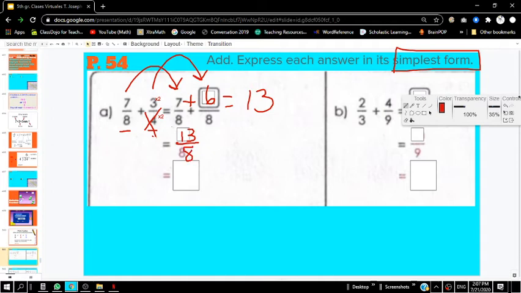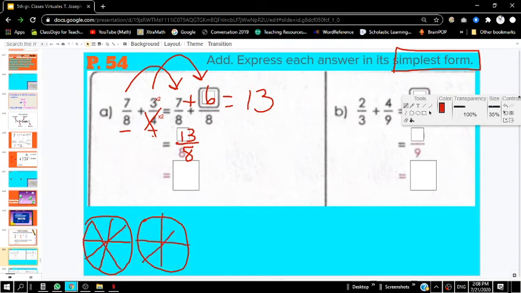So if 13/8 isn't the simplest form, what do we need to do to get it to be as simple as possible? Well, let me actually draw a couple of 8ths on the bottom, just so that you understand this. If we separate these pie pieces into 8ths, what we can do is just count how many 8ths we have. Well, we have 13 of them, so let's count. Change the color. We have 1/8, 2/8, 3/8, 4/8, 5/8, 6/8, 7/8, and 8/8. Okay, 13/8 equals 8/8